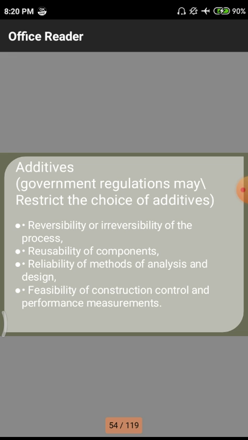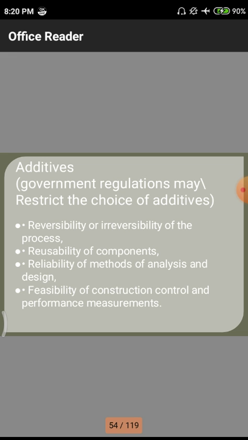First one is the reversibility or irreversibility of the process. Reversibility means we have come from one point to another point, that means end condition to starting condition. Reversibility and irreversibility depend upon those two conditions. That means if there is any pollution, automatically we have to manufacture those components in the industry itself. We need to assemble them on the site. Those come under these reversibility and irreversibility conditions.